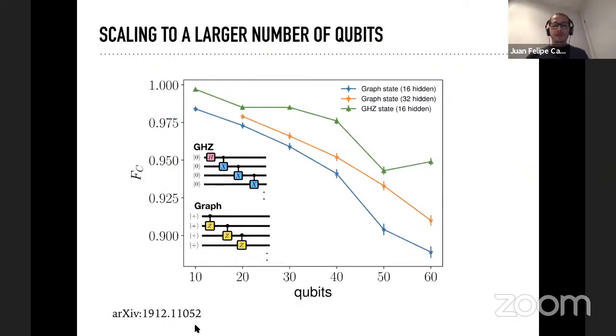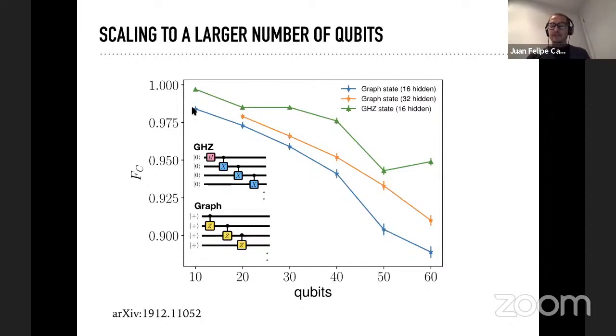Then we wanted to scale to a large number of qubits. We went up to 60 qubits. And as we see, as we grow the size of the system, the fidelity that is very good when we have, say, 10 qubits is worse when we have 60, meaning that this accumulation of errors as we apply more and more gates is the right picture, which is very similar to what happens in quantum computing. In quantum computing, as we apply each gate, we have errors. In this case, there are numerical errors; in a quantum computer, noise and decoherence, right? But the idea is very similar.